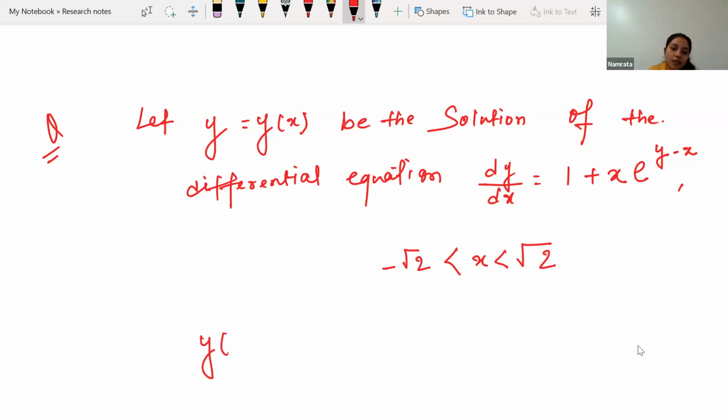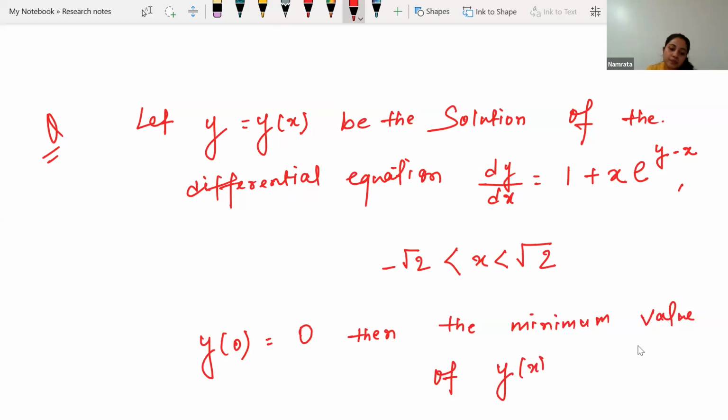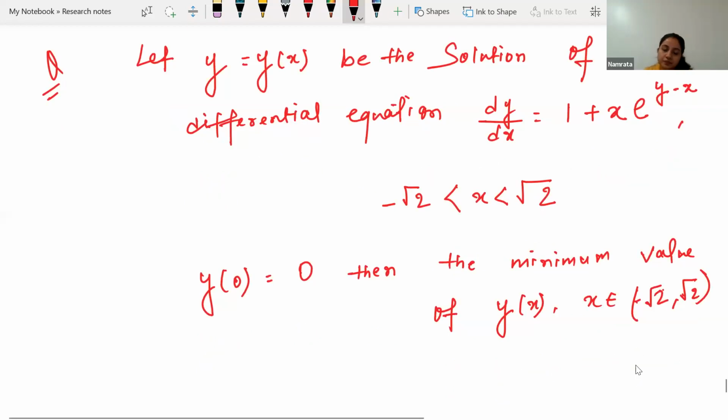And the given condition is y of 0 is equal to 0. Then the minimum value of y(x), x belonging to this interval, is equal to